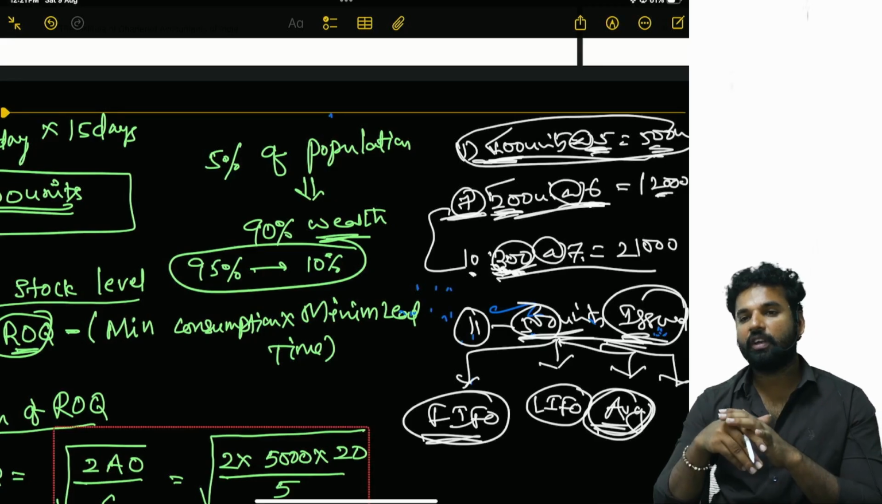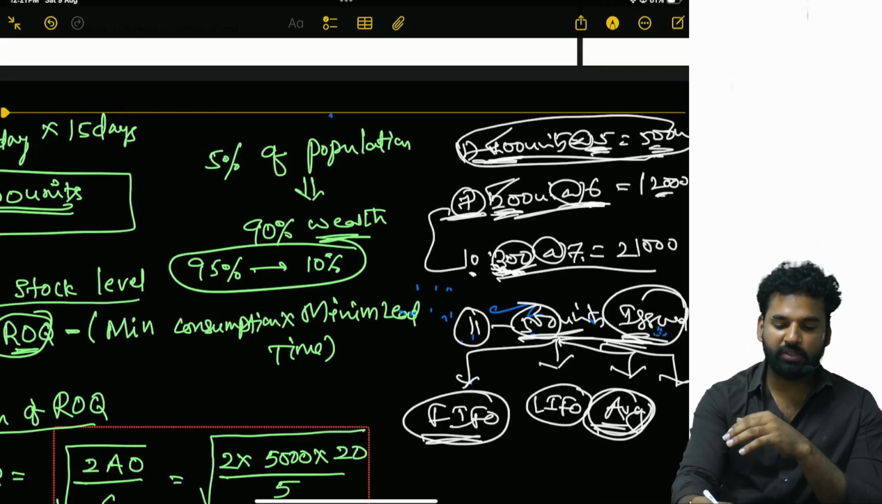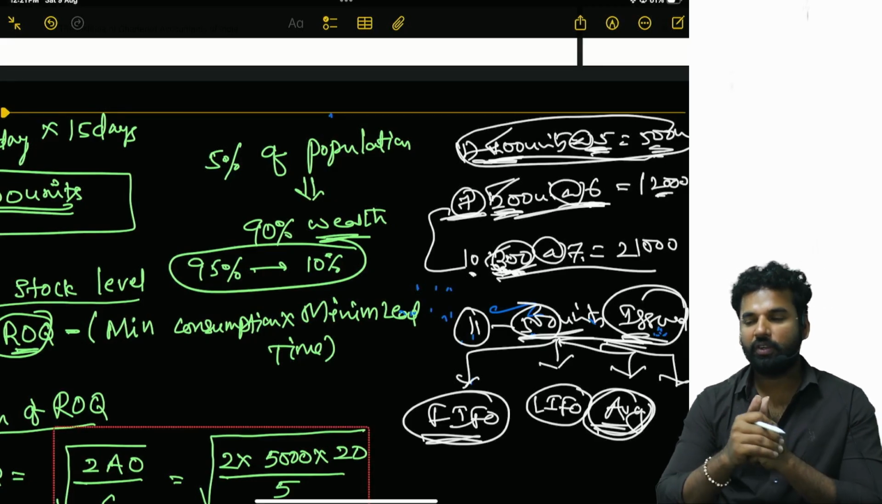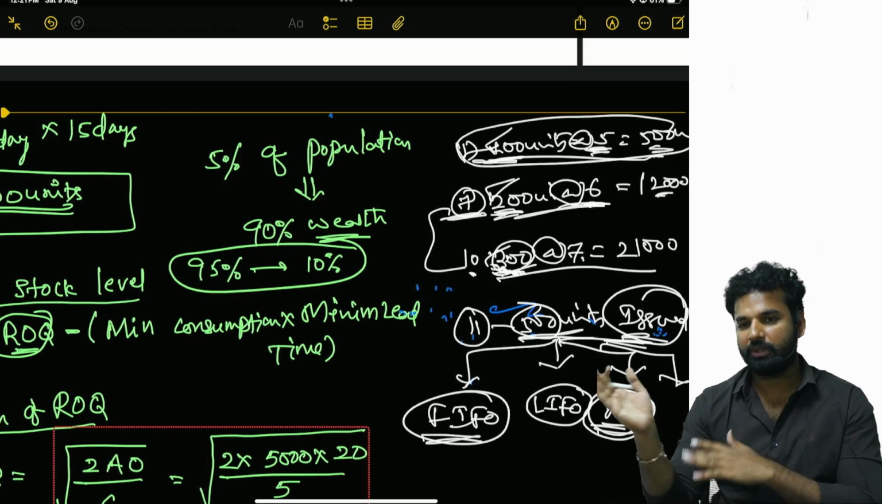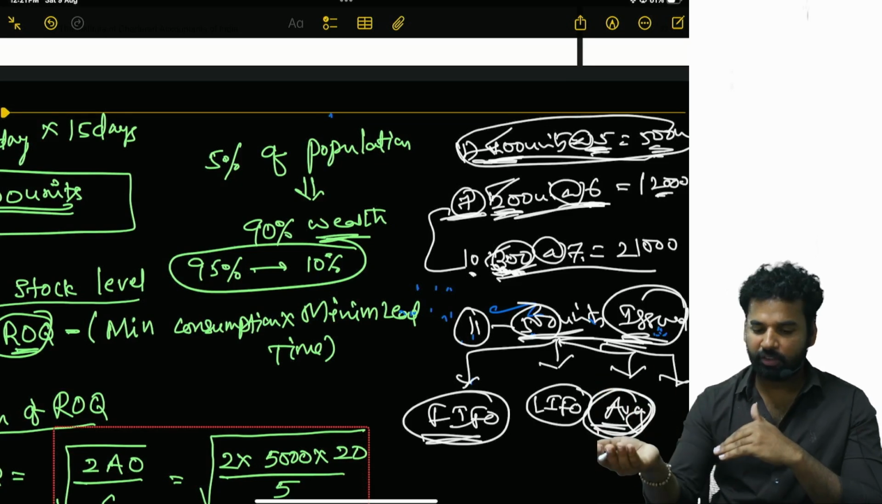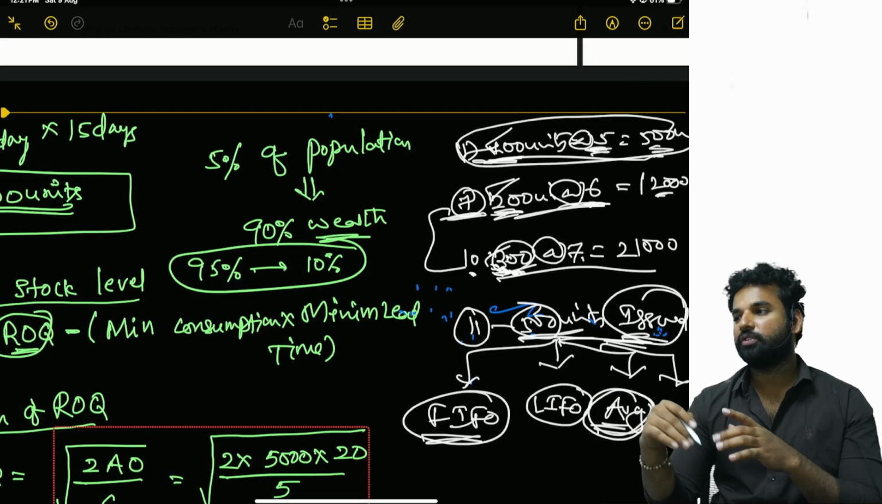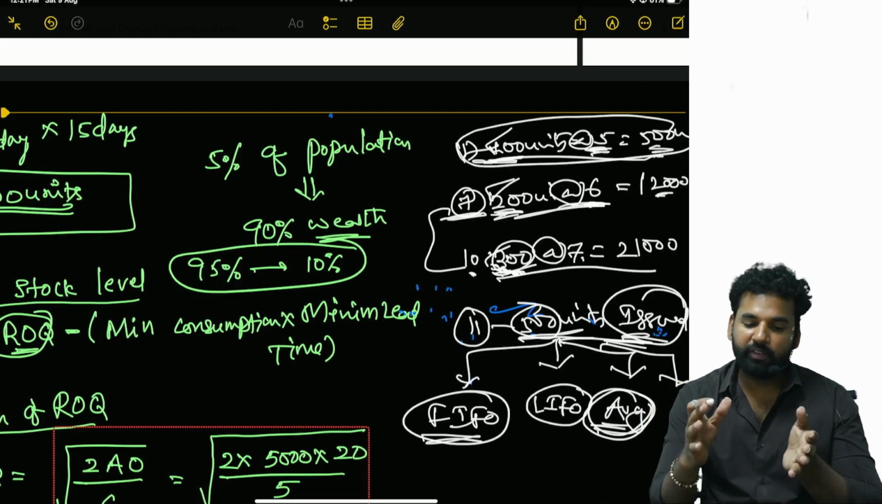Irrespective of the number of units. So this is 100, this is 200, this is 300. You have to average the price: 5 plus 6 plus 7 by 3. That is average pricing. Weighted average pricing is one such method where we will take the weight of the units